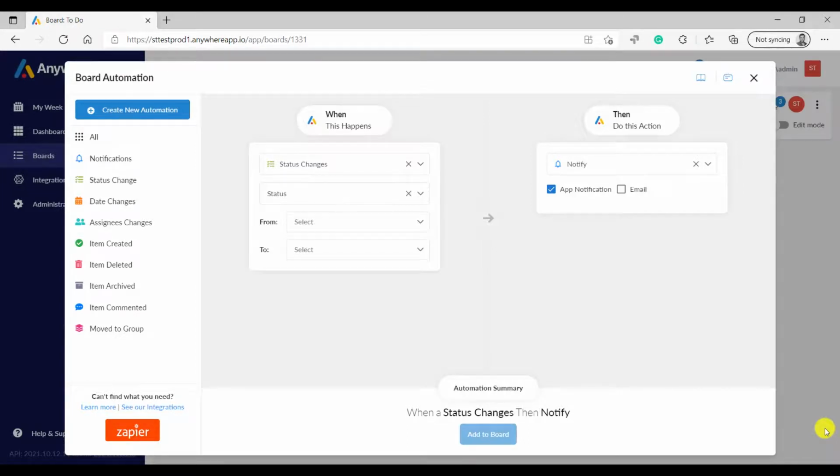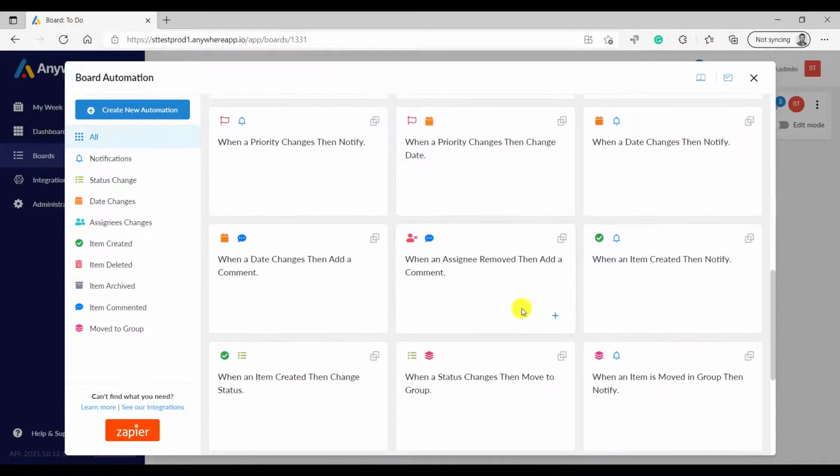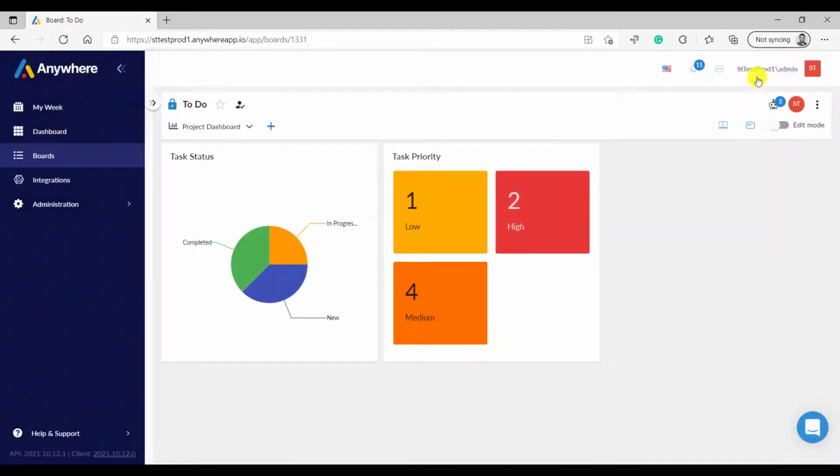You don't have to worry about managing your projects or project data. If the automation is set up, it will take care of it. So that is again a huge time saver. Again, if you want, you can create new automation from scratch, but there are a lot of predefined recipes available that you can use. If you do not find what you are looking for, you can also use the Zapier integration to connect with approximately 4,000 plus other external products and services.